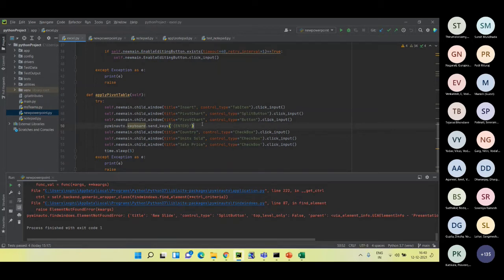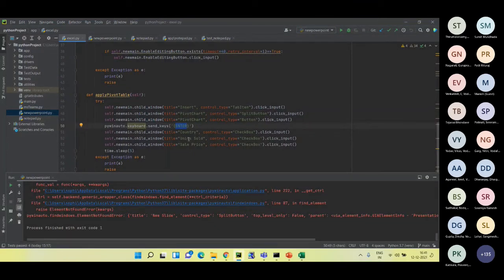I can use this inbuilt functionality of Python Auto using keyboard, and here I've used Enter, but there are different things available on a keyboard, like Tab, Enter, Backspace. All these functionalities can be written. You just need to change it here. You can visit the Python Auto manual, where they have a list of the keyboard controls that are available. So you can use that.